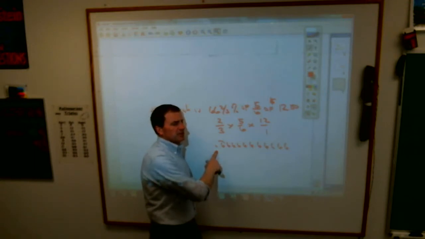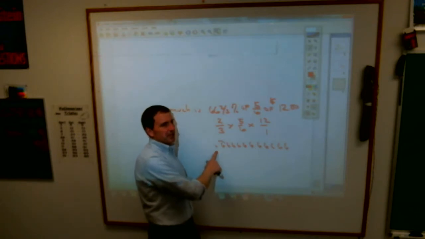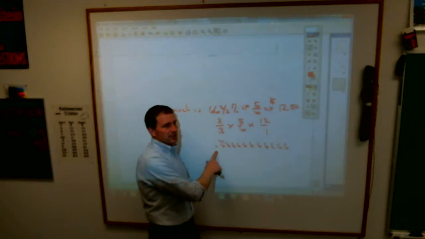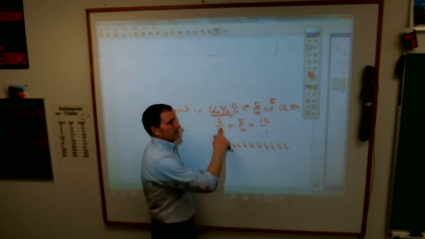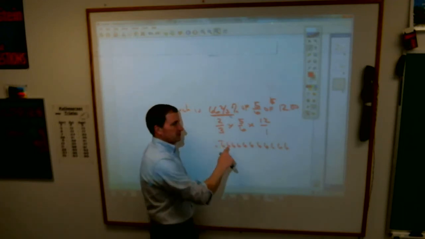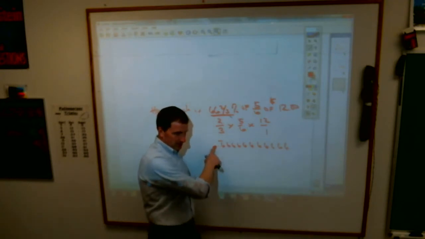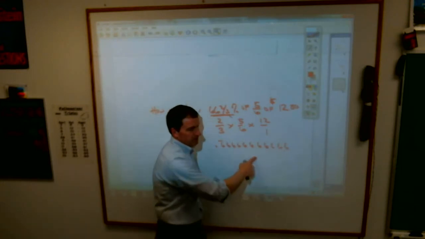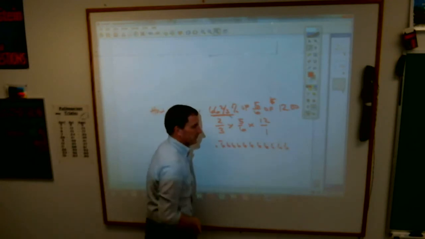By the way, if you look at lesson number 100 and something, we actually learn how to change repeating decimals into fractions. It's somewhere in there. But we probably won't get that till next year. So when you see something like this, your only option is to change it to a fraction because you cannot do mathematical calculations with repeating decimals. You can do them with fractions, but you can't do them with repeating decimals, because how do I multiply something by 0.6 that number ends? Now granted, you'll get awful close to it, but you'll never get it exact.